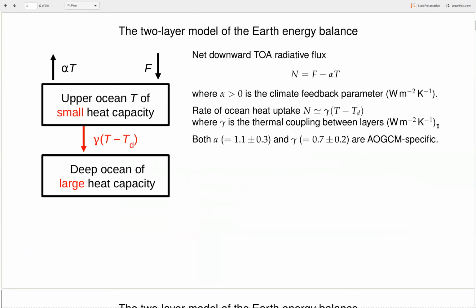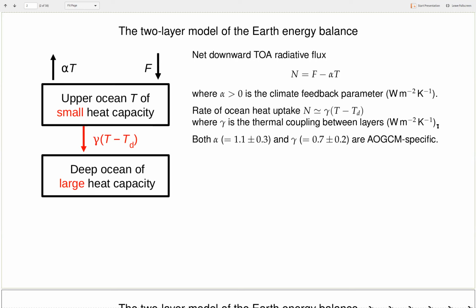So the issue is the energy balance framework that we're used to thinking about, which is very commonly represented as 2 layers, 2 global average layers. So the net downward heat flux, N, is the difference between the applied forcing, F, and the climate response, alpha T, where I've defined alpha as a positive number. So a larger alpha means a smaller equilibrium climate sensitivity. And the difference between those is also the rate of ocean heat uptake, since on decadal timescales, the atmosphere has negligible heat capacity. And that is mostly, in the 2-layer model,